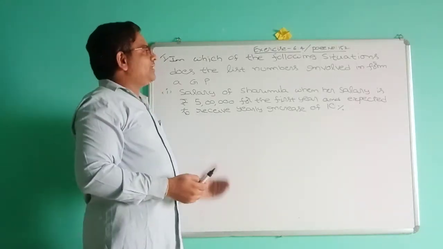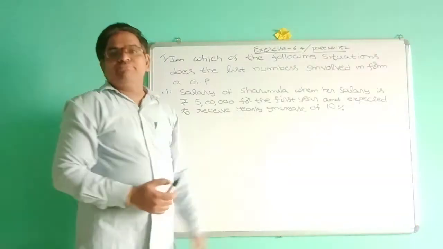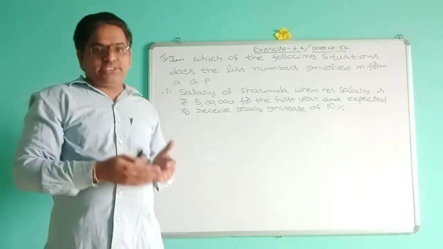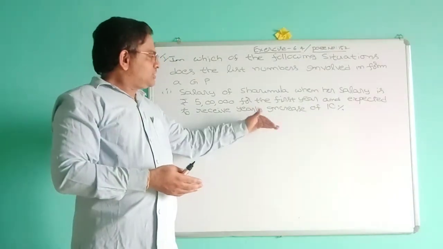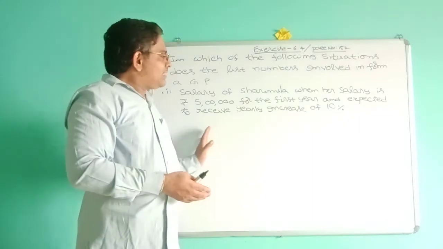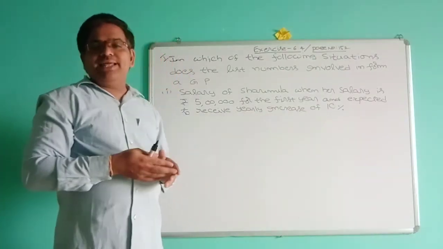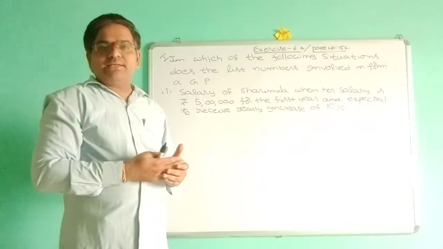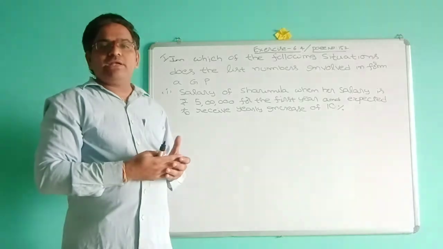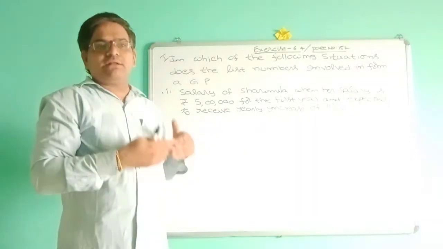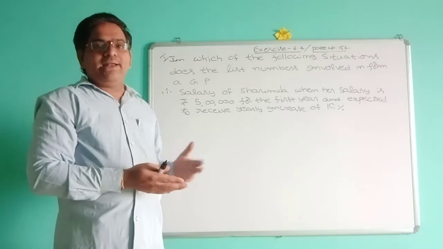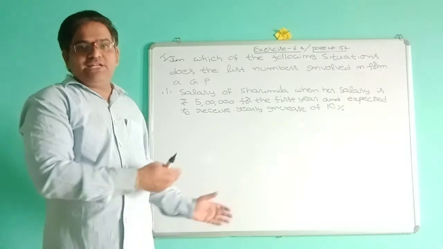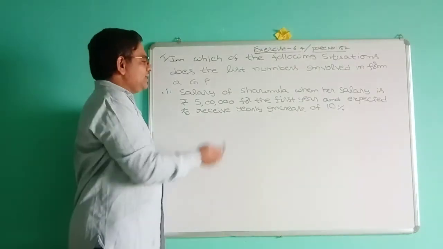Here, what is the question? Some situations are given, and we must decide whether the situations are in a GP or not. How to solve: if you change the situation into values, then for a GP, second term by first term equals third term by second term. That is indirectly the common ratio. You check whether it is fixed or not, then automatically you can tell whether the situation follows a GP or not. Easily find out.